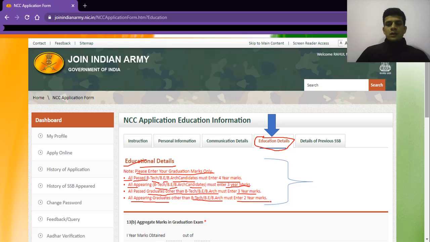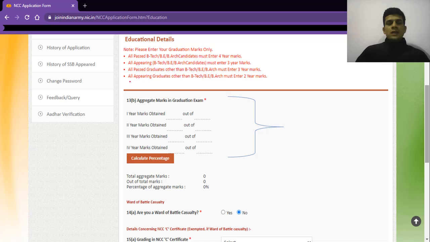Right. So in continuation with the same page, I'll show you, as I already read these instructions and explained what all these mean. Now you will see this type of thing, right? Aggregate marks in graduation exam. So you have to calculate your marks on a yearly basis,